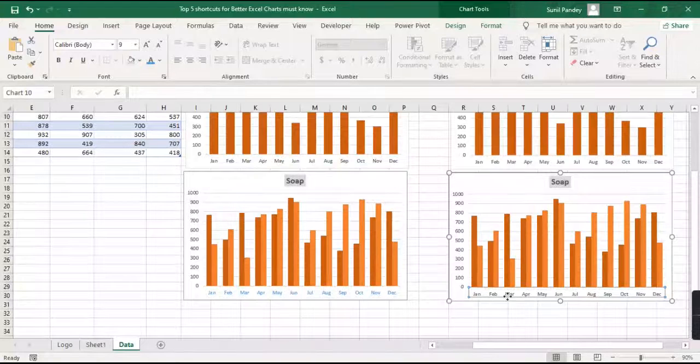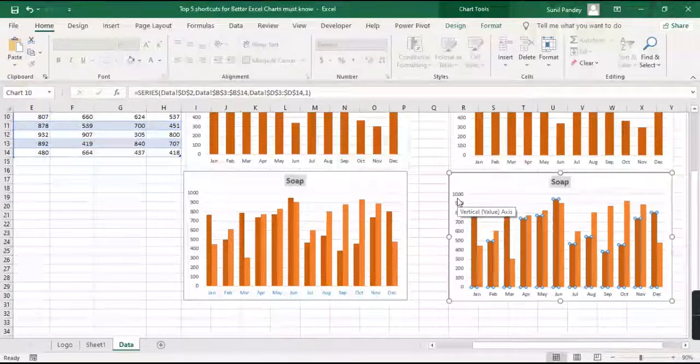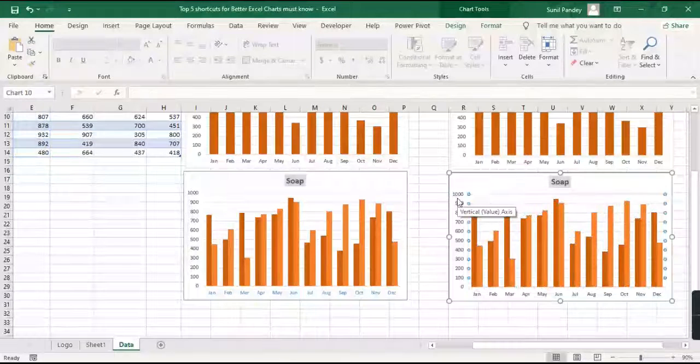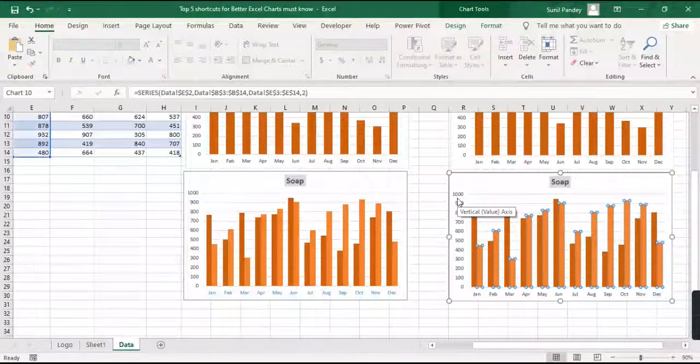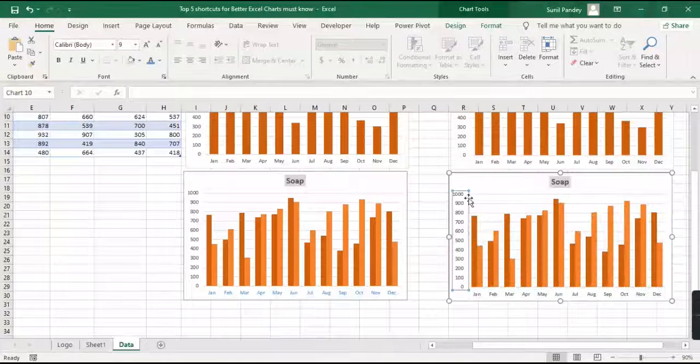If you want to move from this axis to this axis, just press tab. Okay, got it? See, you don't need to click like this with the mouse. Just select anything and press the tab key. Okay,